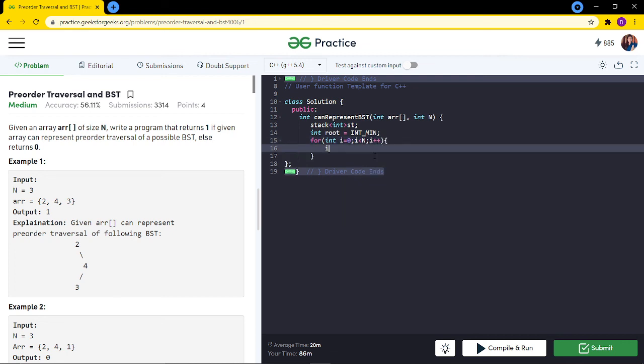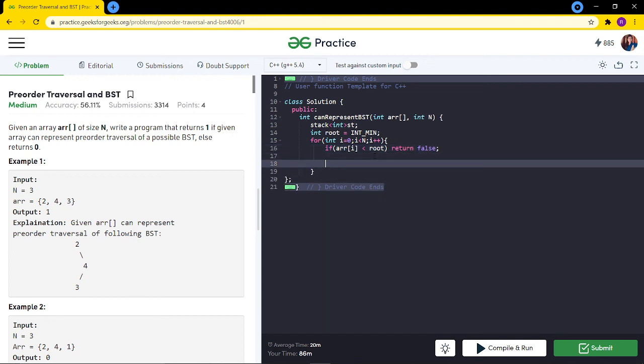Now we will see if the current element is smaller than the root, then our BST condition holds false, so we can simply return false. Otherwise, while I am having elements smaller than the current element, we will simply pop out from the stack, but we have to take care of the condition while the stack is not empty. That is, we are not popping out elements from an empty stack. It will lead to underflow.